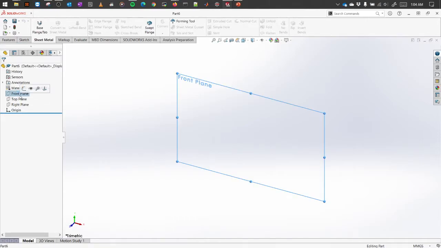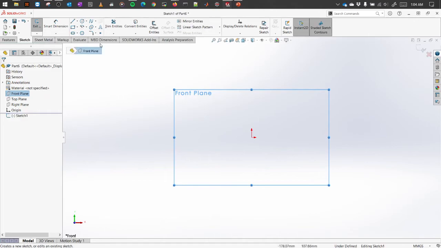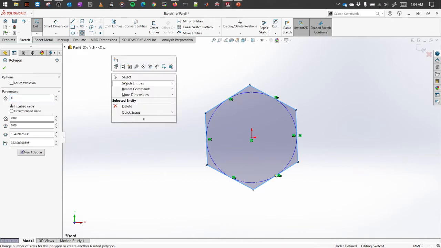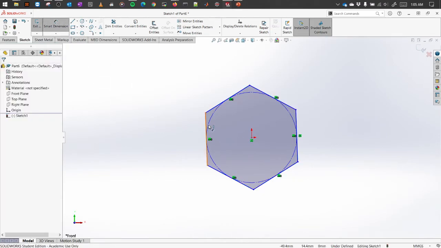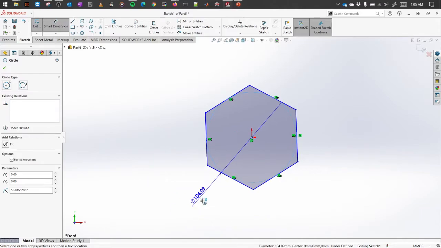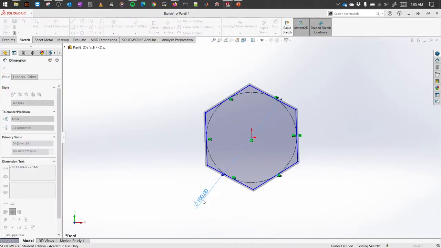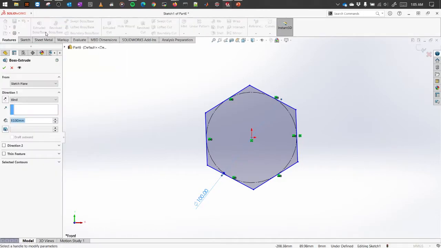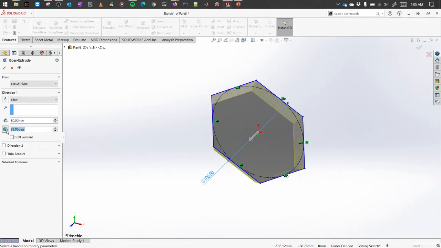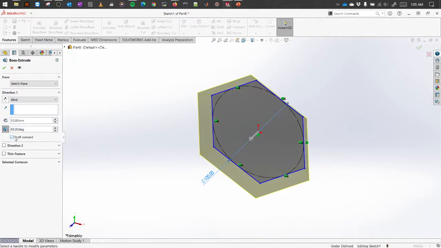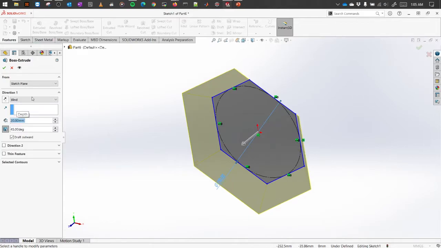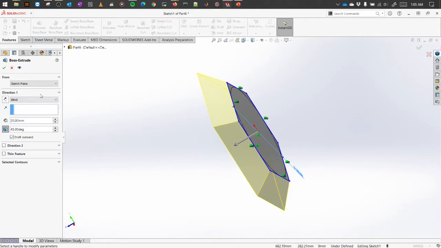So let's start with the front plane and let's create a hexagon. Okay, we created a hexagon. Let's say it has a diameter of 100. Let's go into the feature, extruded boss base, and let's say it is drafting outward with, let's say, 45 degrees. Select the draft outward portion and let's say it is 20 millimeters, something like this, and click